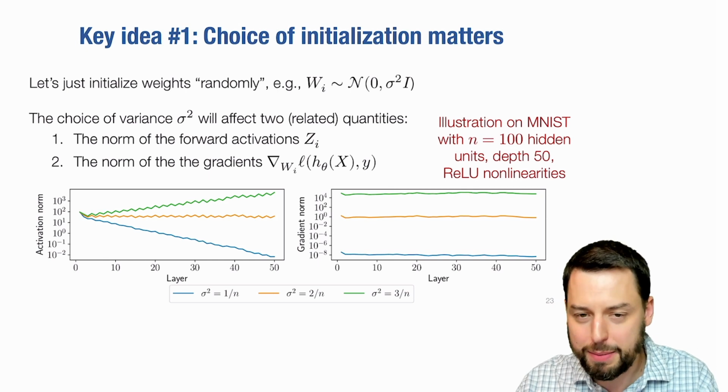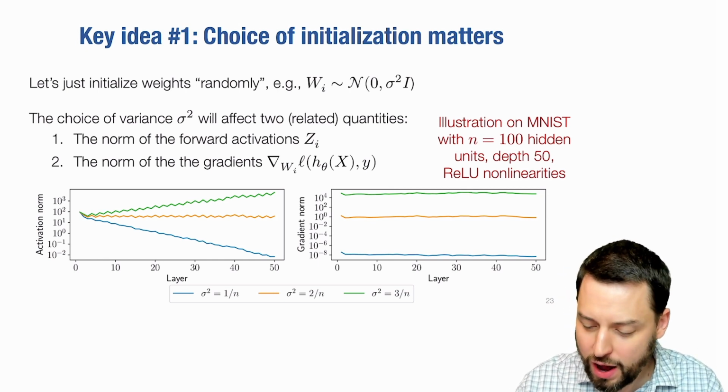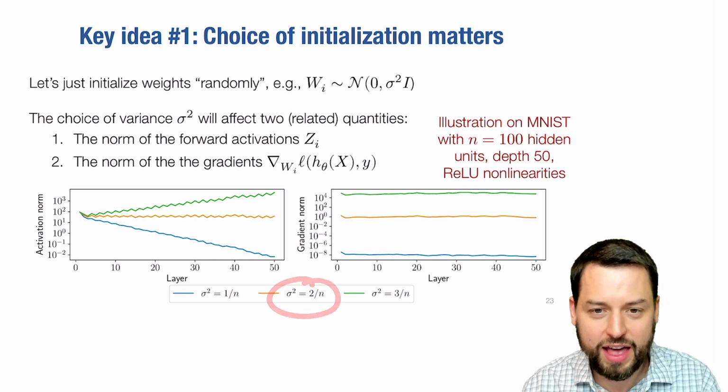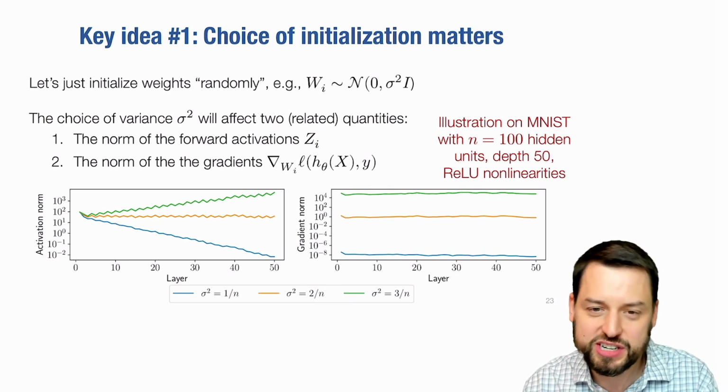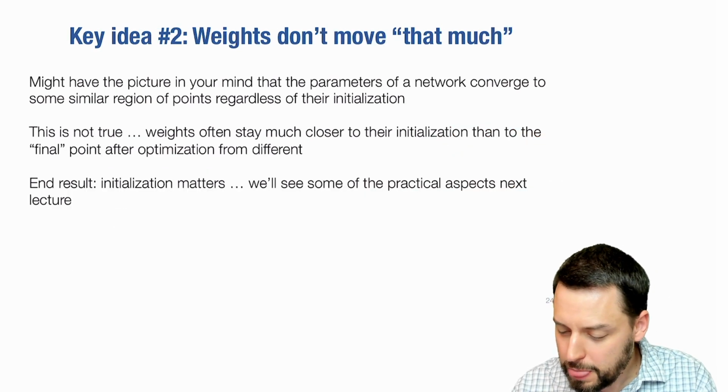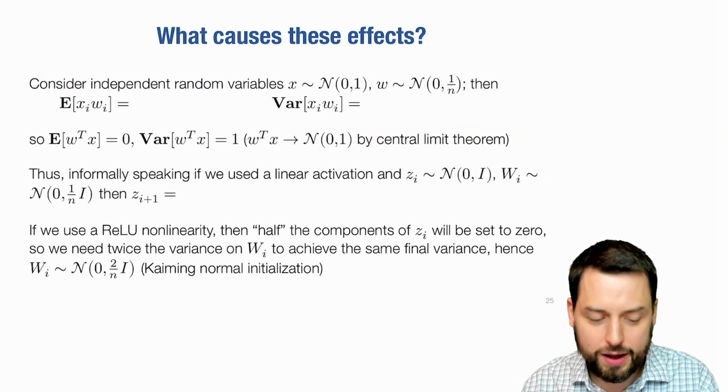Okay, so the last thing I'll mention is this effect we saw previously, and I'll try to explain what's happening here. Why is 2 over n the right variance to have in this case, and how does this maybe motivate how we should initialize weights? So the idea is that